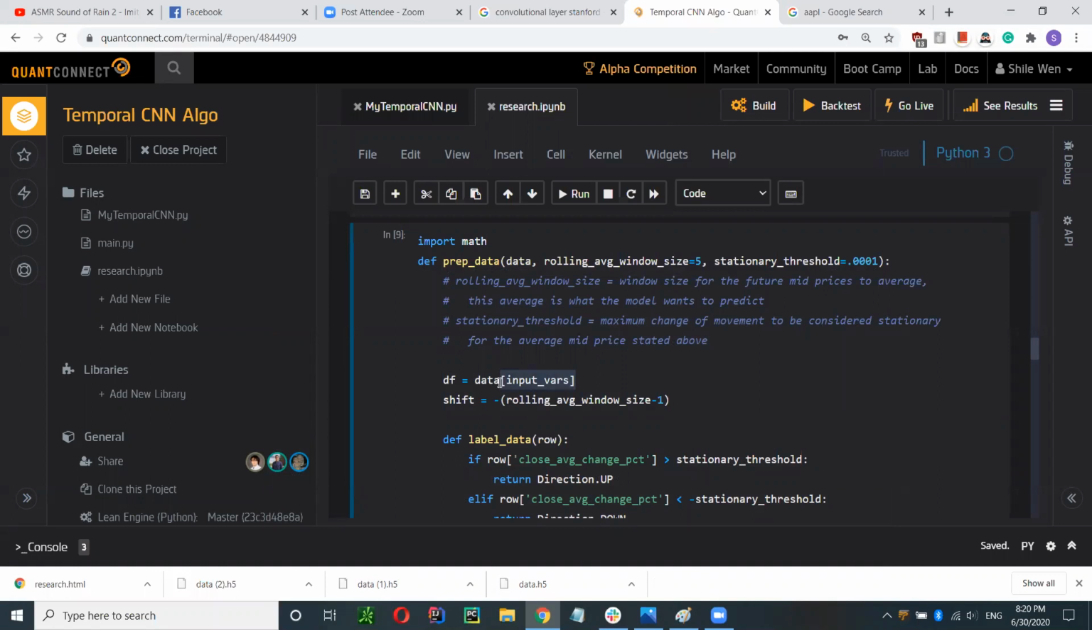Here we filtered out only the variables we want, as I explained before, like the input bars. And this is the open, high, low, close, and volume. And we also need to shift our data because when we do the moving average,